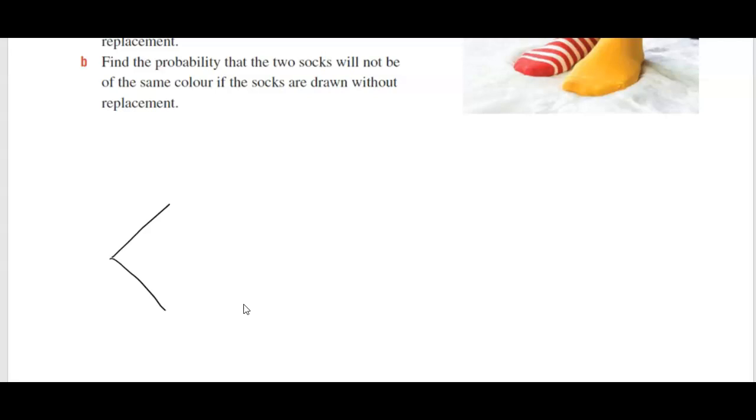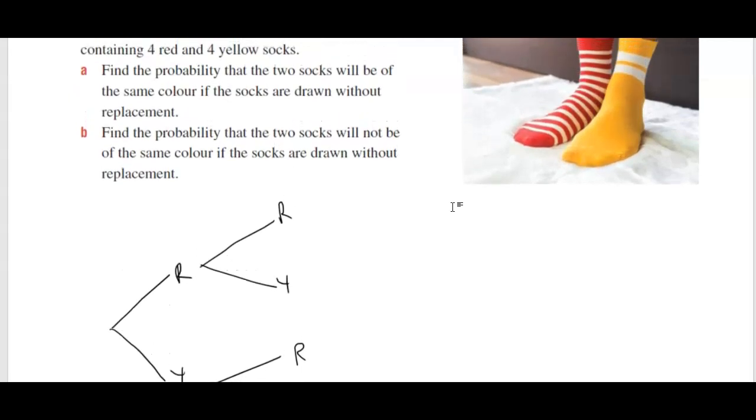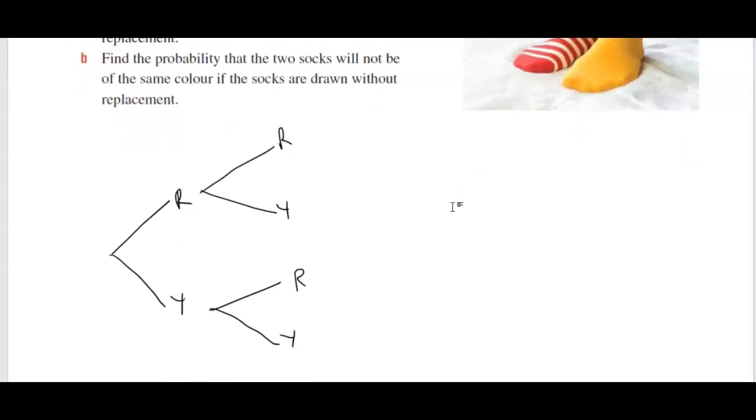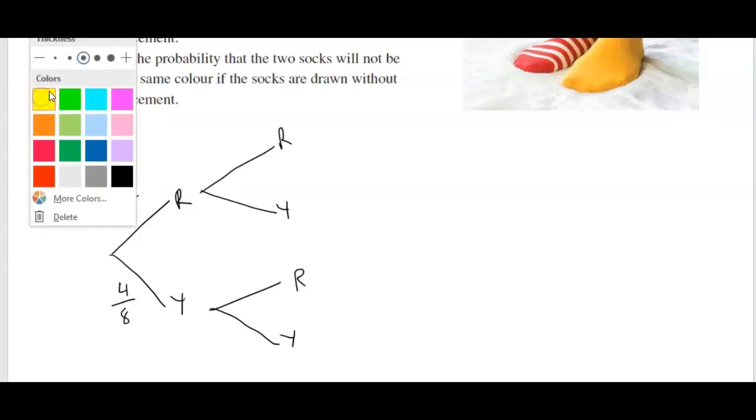So we can have a red sock or a yellow sock, and then a red sock or a yellow sock. And we're doing without replacement, so remember they do go down in numbers. And there's the same number, so we've got 4 red out of 8 socks and 4 yellow out of 8 socks. So remember, I did this in a previous video, but just in case you didn't watch that video, I'm going to do it here. So we've got 4 red